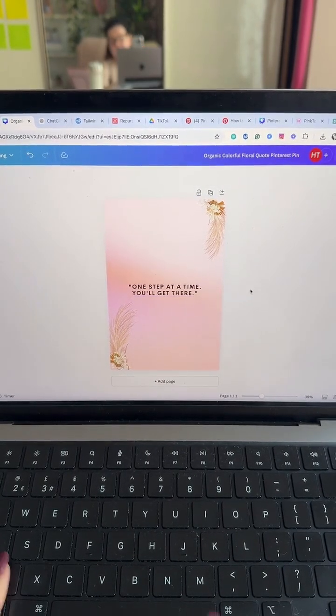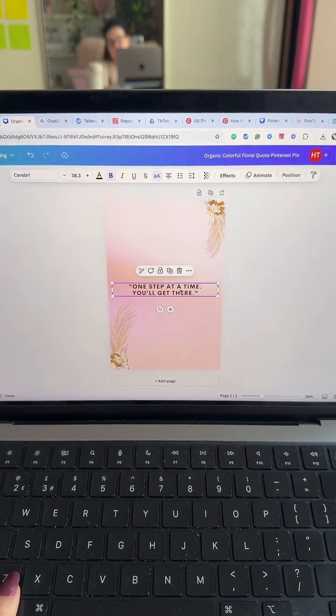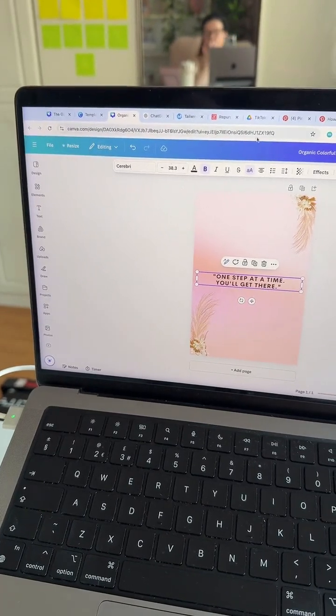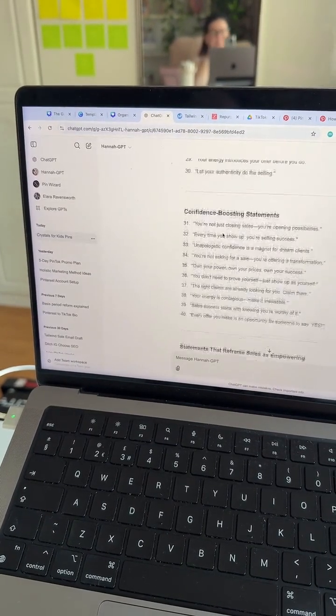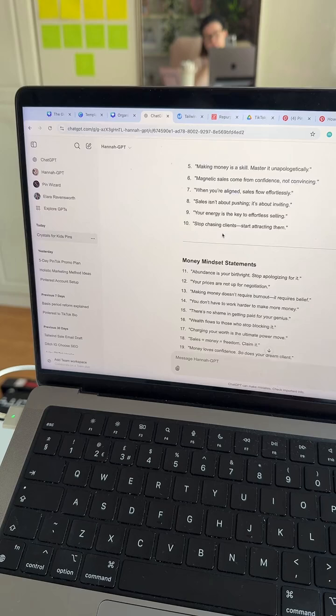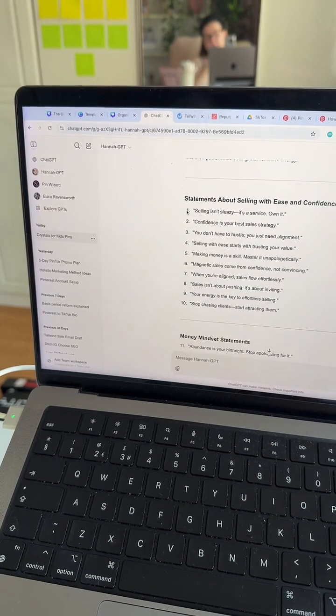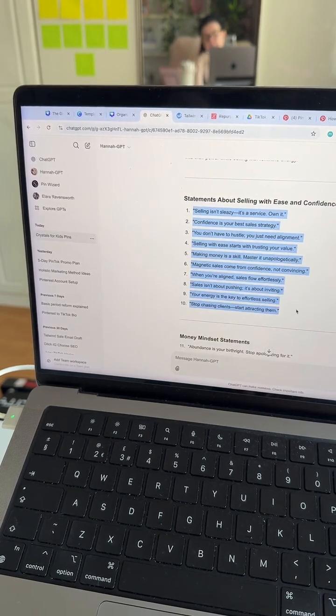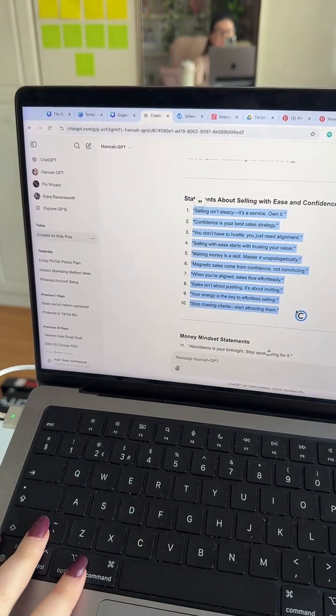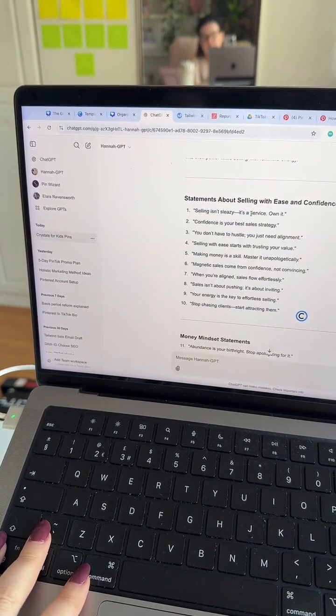Anyway, for the sake of this, I might tweak it later, but I am going to just take you to the next step and show you what I'm going to do now. So we obviously have all of these that ChatGPT has created, right? It takes a long time for me to copy and paste them over individually and so on. So we're going to use the bulk create, which is in Canva. So I'm going to copy these first lot.